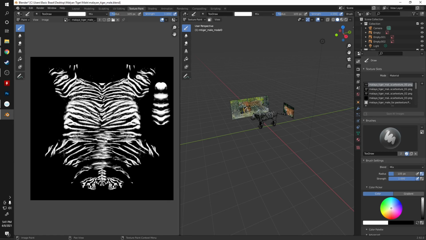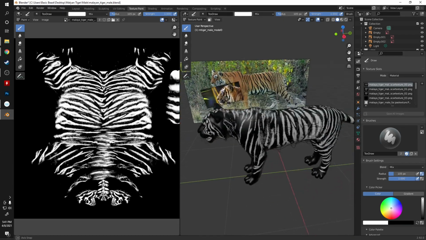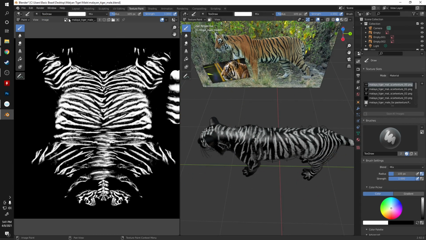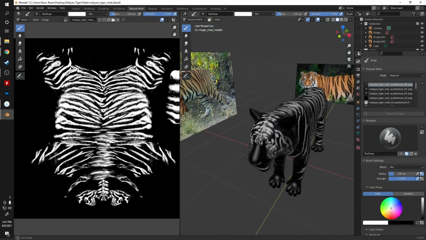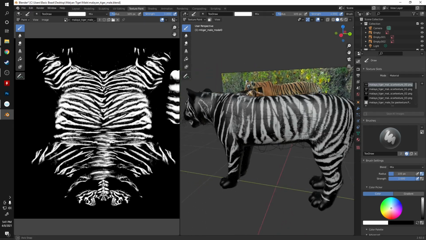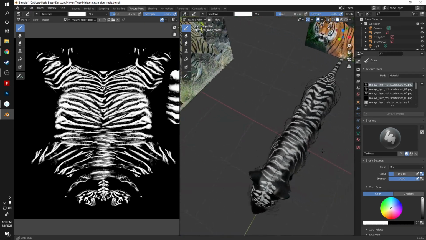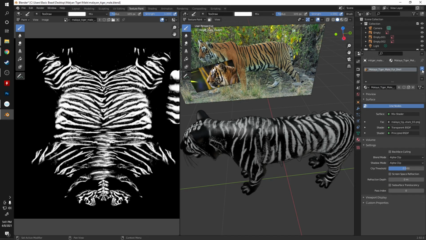One has your texture on one side and the other has your model on the other side. And as you can see, it has automatically selected a texture layer, which is one of the marking layers, which is fine. I don't mind that. And you can see it automatically puts it on the model as well. Now this is a reverse, so it's an inverse of the actual stripe pattern, which honestly this would be better. So to get started here, we're going to come over here, we're going to make a new material